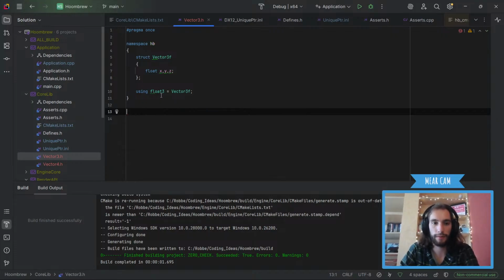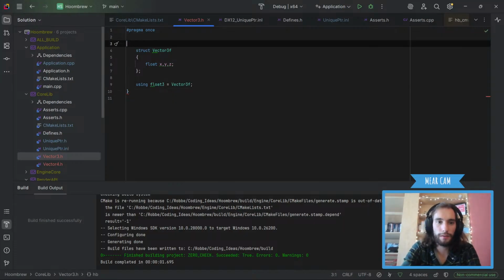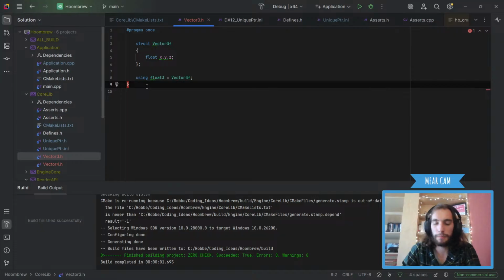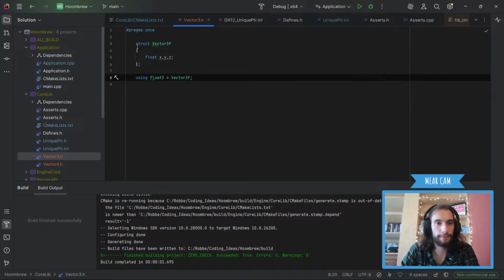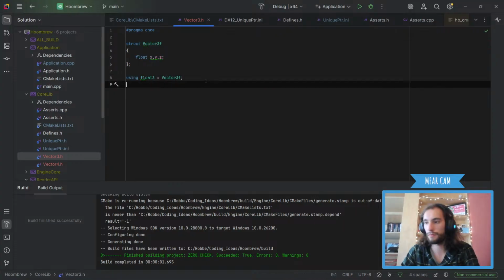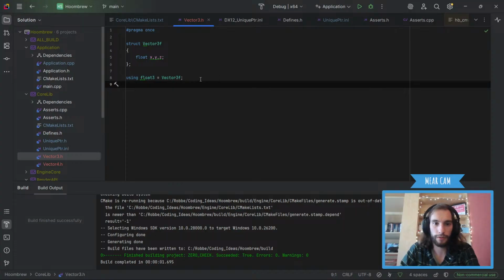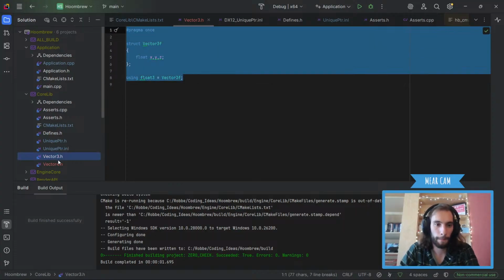I don't want to do that, so maybe I just remove the namespace. That might cause issues in the future though. But then a simple find and replace should fix everything. I think this is fine for now. That's all we need. Okay, that's vector3, so let's just copy this over.